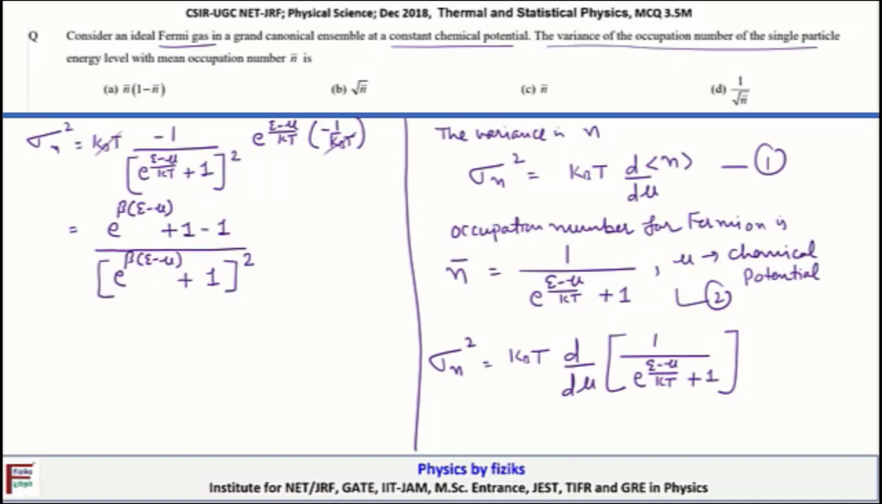whole square. Okay, and this can be further rewritten as, we are going to separate these terms. So 1 plus exponential beta (e minus mu), we will keep it separate, and then divided by the denominator, which is the square of 1 plus exponential beta (e minus mu). So one of the terms will cancel, and we will be left with one single term, 1 upon e power beta (e minus mu) plus 1, and then minus 1 divided by e power beta (e minus mu) plus 1